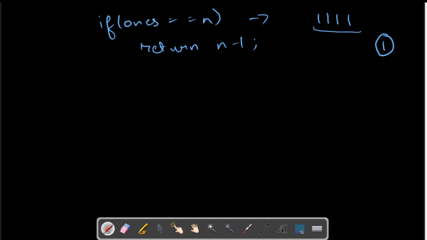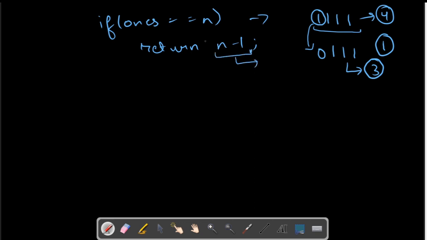So if we apply the operation on this bit, we'll convert it into 0, then 1 1 1. So it will have 3 ones, whereas it had 4 ones. So we have to apply the operation once, and we will reduce the number of ones by 1. So we'll return that in the case where all elements were 1. Now we have handled that case, and we can move on further.